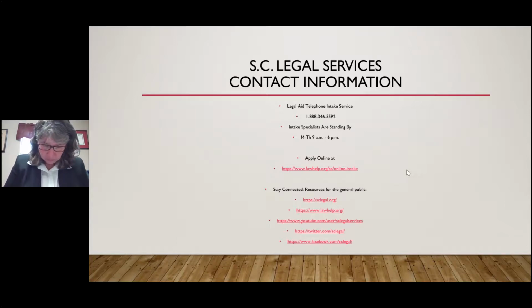What if the order was temporary and there was never a final order? How does that work in child custody? So in family court in South Carolina, usually when the case starts, you get a temporary order, and that order lays out what the parties are to do until there's a new order in place or until there's a final order. But if the parties don't go to mediation and don't take the steps they need to finalize the case,